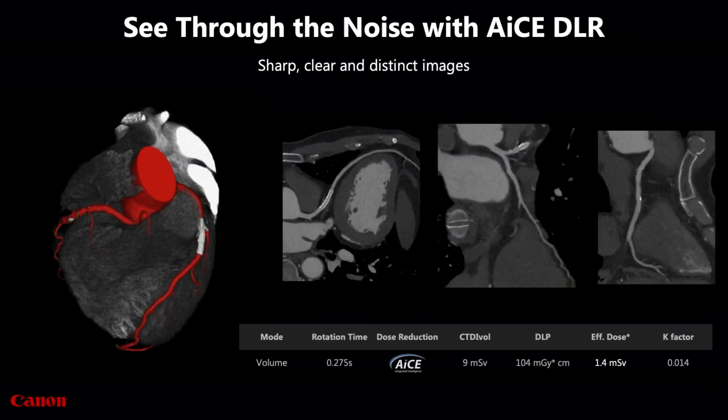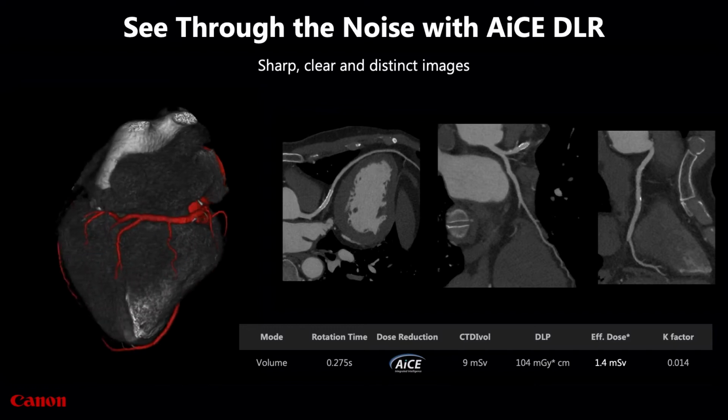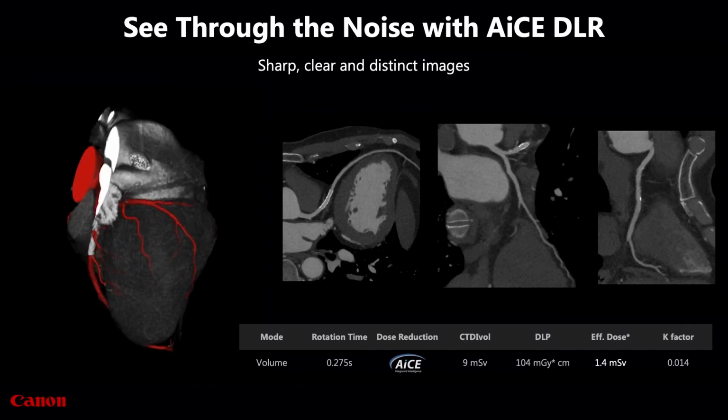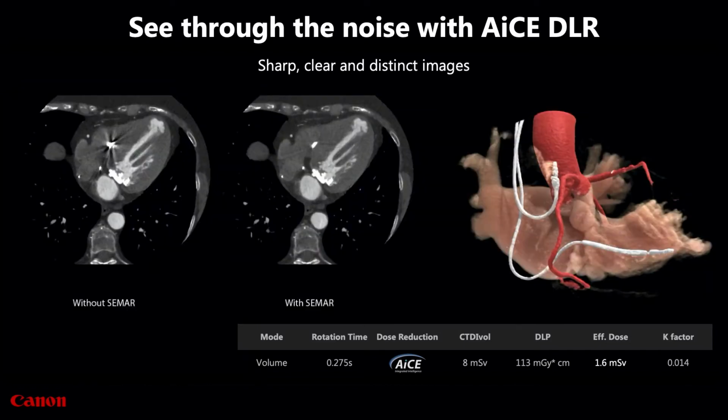Because this DLR is trained with MBIR rather than filtered back projection, you can expect visibility of fine detail structures like stents in low-dose, low-noise images. There is no trade-off between using DLR and metal artifact reduction. DLR, Deep Learning Recon, works in conjunction with CMAR, metal artifact reduction, for consistency in image quality and adaptability for